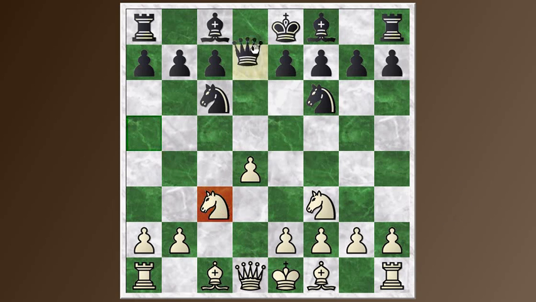But after queen d8, it seems like White has nearly a winning advantage here with the move that I play. So what would you play in this position? Okay, I'm going to give the answer away. What I played, and I don't know if it's the only move here, but it's one of the best moves,